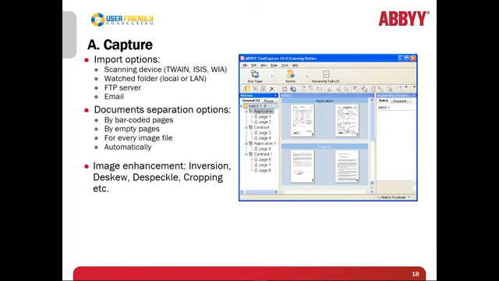Document separation is the way in which we break documents apart. You don't just have to scan one document at a time. We're assuming in many cases we'll have multiple documents, even documents of different types, that will be cataloged and archived in the system. And we do common things like enhancing the documents, taking off bumps and straightening pages that are rotated or skewed a little bit, common stuff that any one of these document capture products has to do.